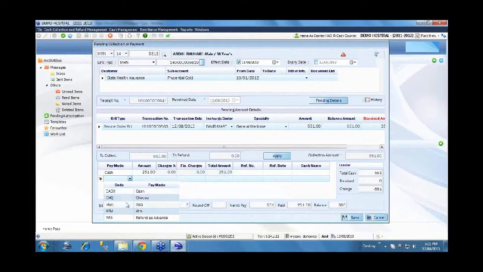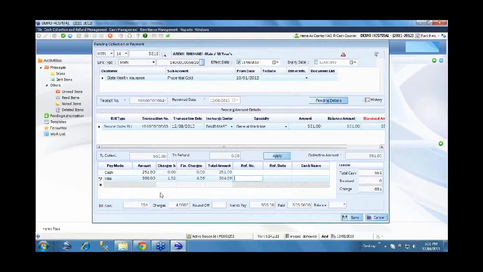So you can have multiple payment options, multi-currency handling, and any financial charges associated with credit and debit cards which you want to collect from the patient. All of this can be defined. We have a separate screen to define the various payment modes and associated financial charges and necessary information which needs to be captured. For a credit card, that could be the credit card number, a reference number, the date and the bank details. If appropriate, we can say that this information is mandatory against this particular payment mode as part of the payment definition itself. So in this case, we will just save the information.